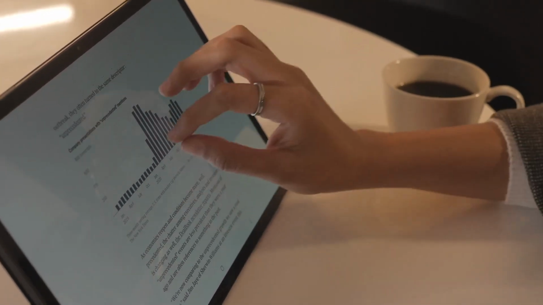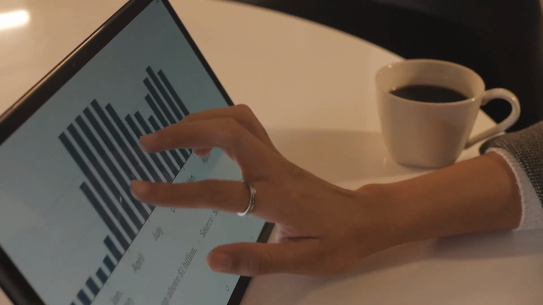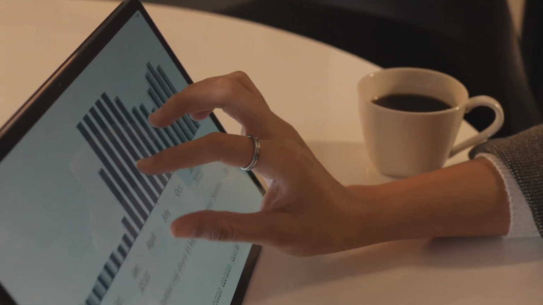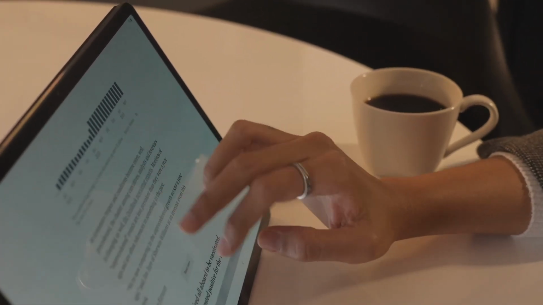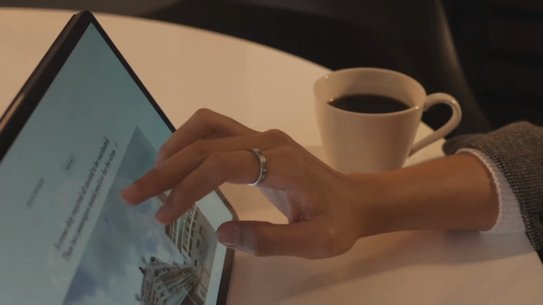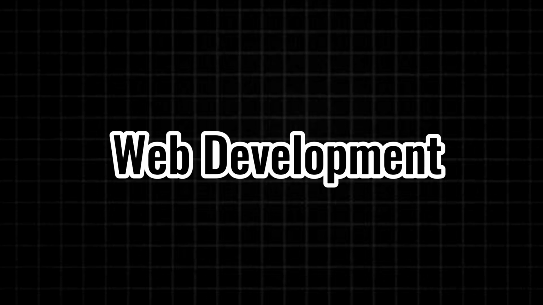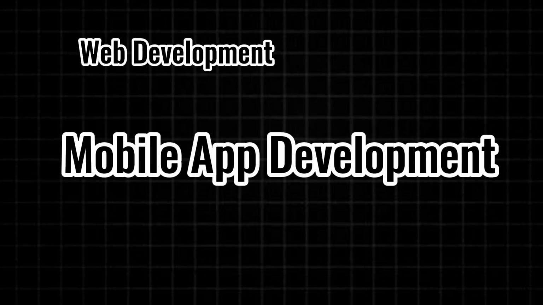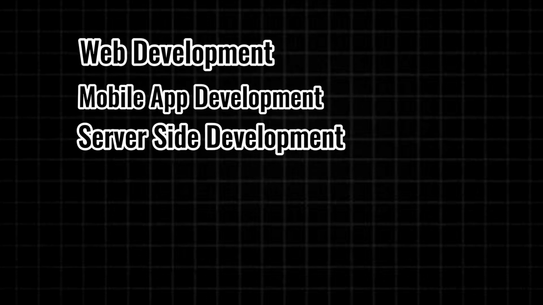And now we are going to talk about what else you can do with the JavaScript programming language. Actually, JavaScript is a versatile programming language. First and foremost, JavaScript is the primary programming language for web development, but you can also use JavaScript for mobile app development, server-side development, IoT development,